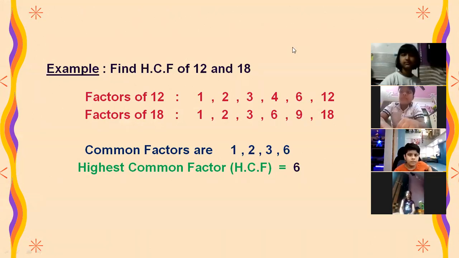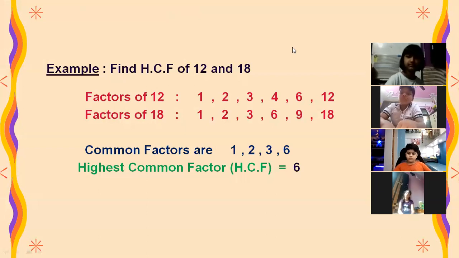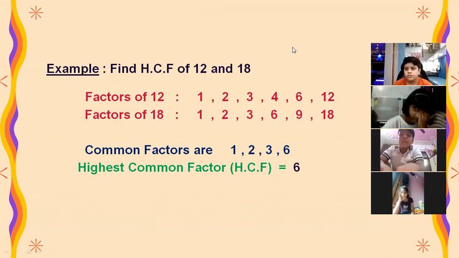Okay, students, so what we are going to do here, first of all, we must understand which method is asked from the question, which method we are going to apply for finding out the HCF. Means two different methods can be applied here. The first one is which we have already done, that is the common division or multiplication method. We can solve the questions with the help of common division method. Or the second method is prime factorization method.